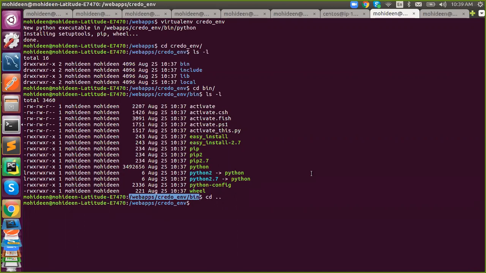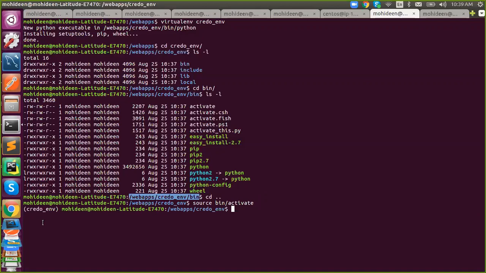Once you have created an environment, you need to activate it. The command is source, and inside bin there is a file called activate. Okay, it will vary for the OS. The command is the same for Linux and Mac. For Windows we have to say Scripts instead of bin. It is not there in Linux, but in Windows it will be there, Scripts activate. You have to say it like that, so you need to find where it actually exists. But for Linux and Mac it will be bin activate.